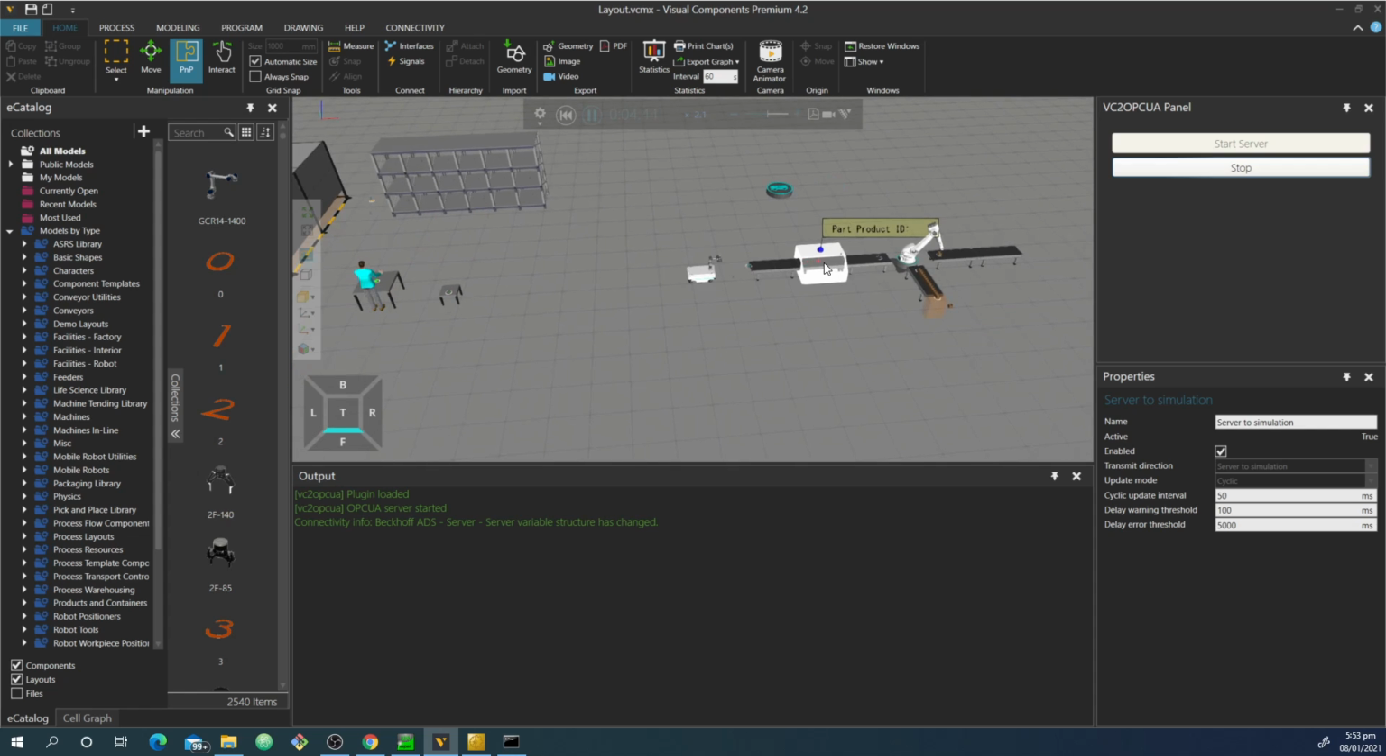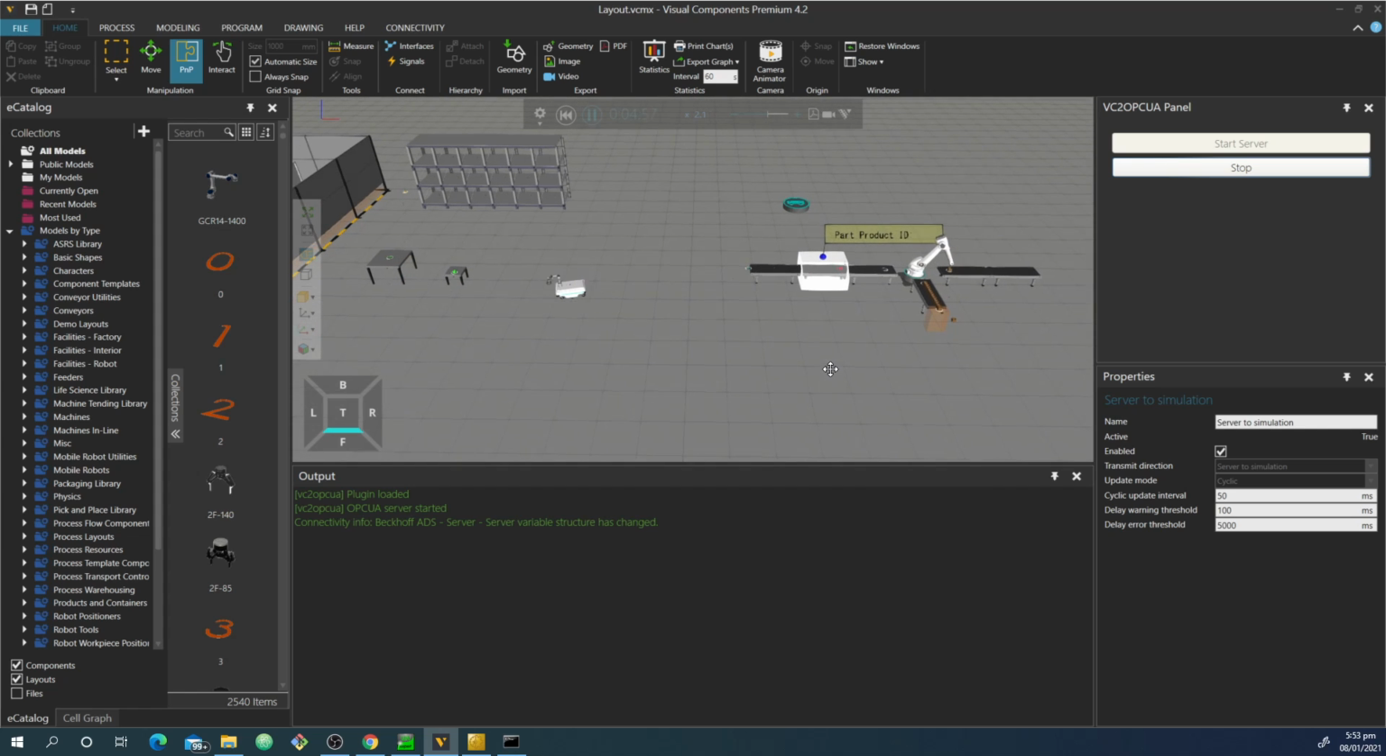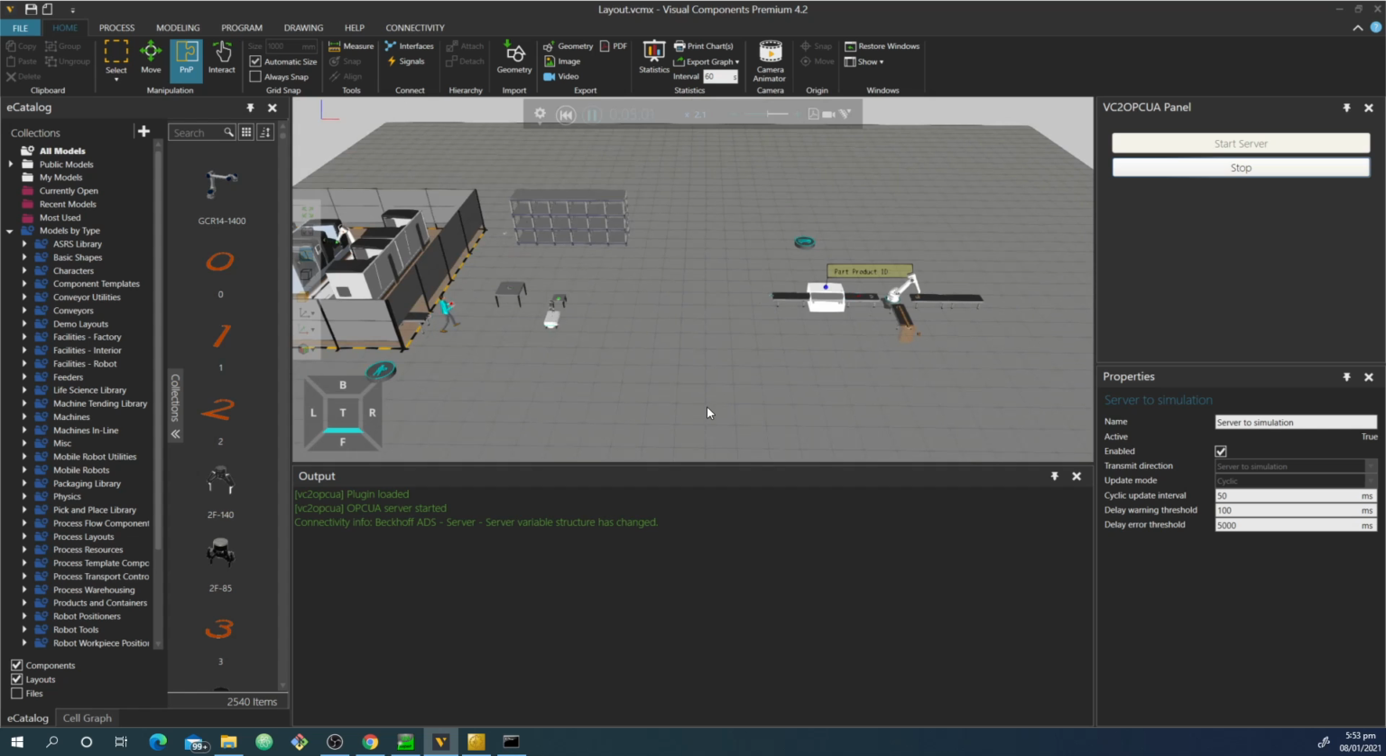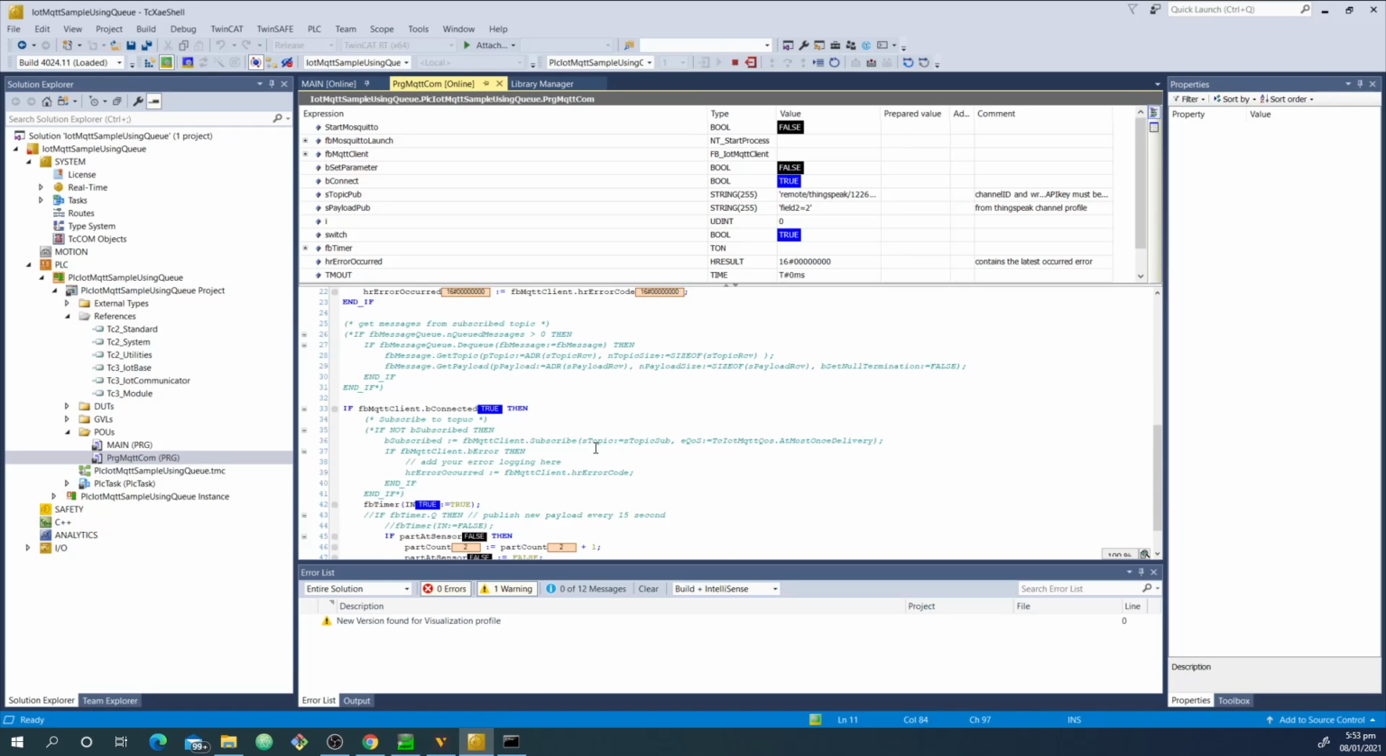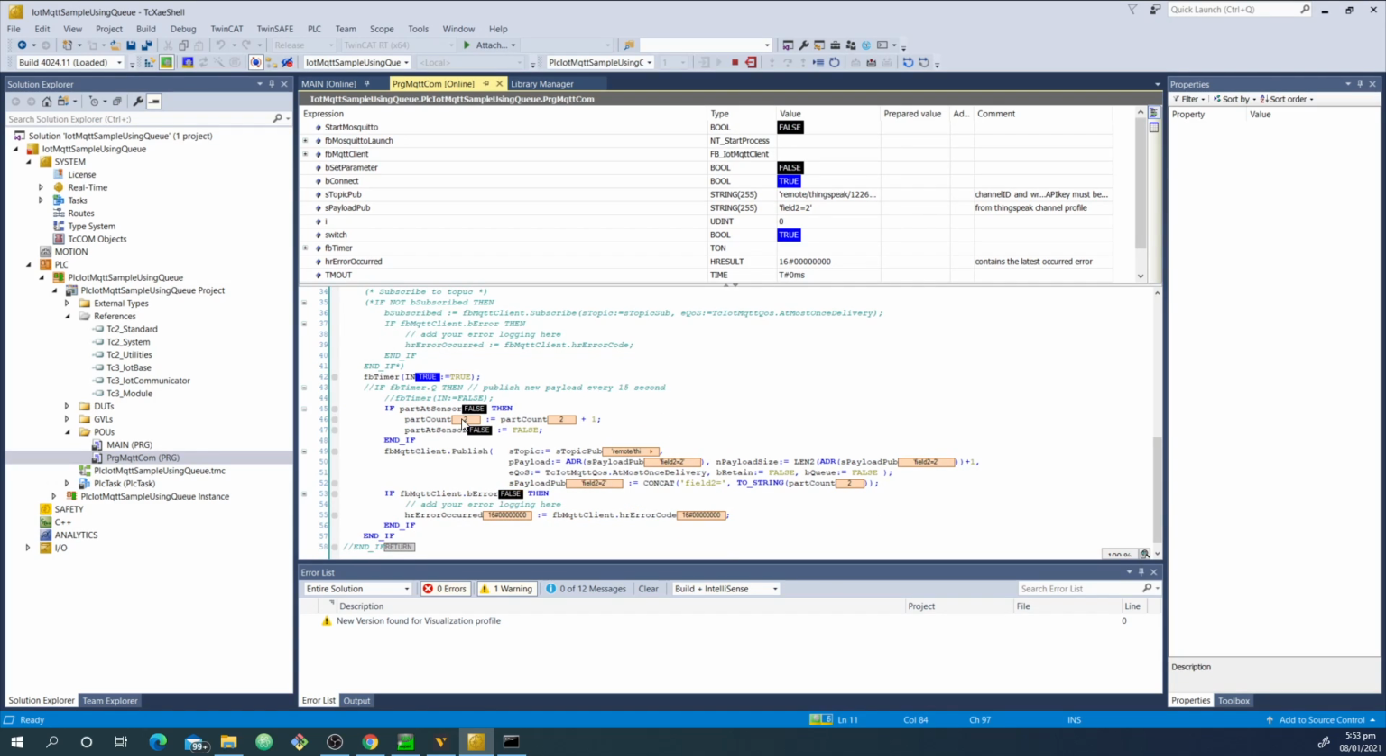So every time a workpiece goes through here successfully, it will send a signal to TwinCAT. So over here, you see this is a signal. So it counted 2 parts here, and now it comes to three parts. So this